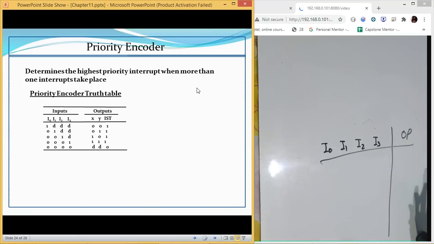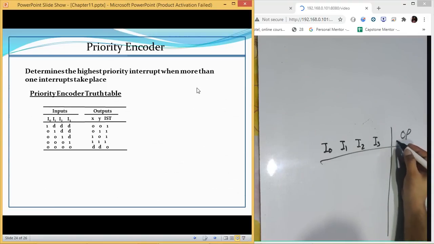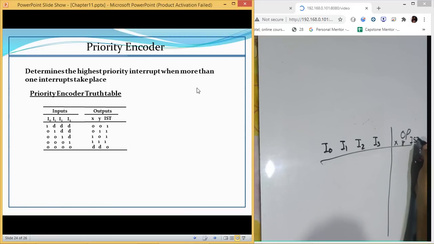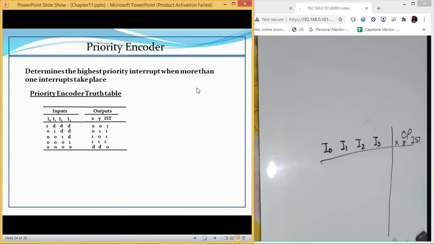So just simply remember that it is a similar concept as that of the decoder, encoder. Now, next is IST. IST is going to remain 1 in all the cases except if none of the devices has generated an interrupt. Otherwise, it is going to remain 1 only.